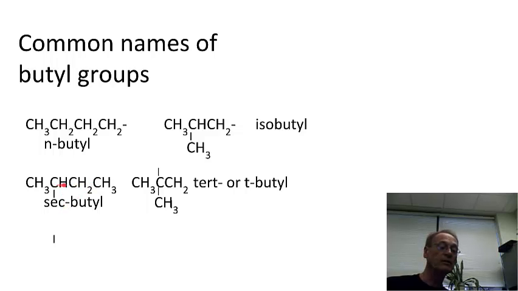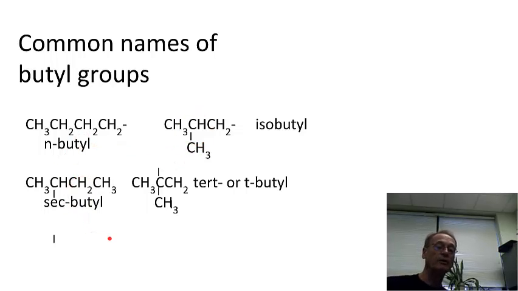so it's sec-butyl. And there's also a thing called tert, which, by the way, is short for tertiary. We'll learn about that later on, or sometimes called t to simplify the tert. T-butyl is three in a row with a methyl group coming off the second carbon, just like this is three in a row with a methyl group coming off the second carbon, but the point of attachment is in the middle here instead of being on the end as it is here. So this is a t-butyl group, this is an isobutyl group, this is an n-butyl group, this is a sec-butyl